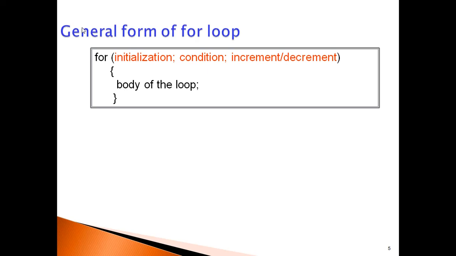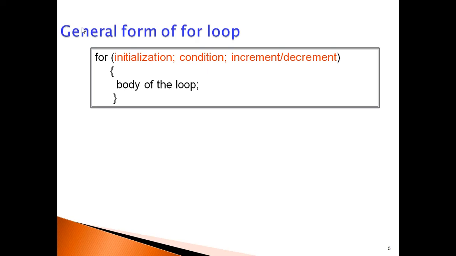That's why, in the for loop, the first statement is divided into three parts. That is the initialization: we can declare the variable here itself and initialize it. We use the condition in the second part. In the third part, we increment or decrement as per your requirement. The remaining thing is the same except the syntax. The purpose of the for loop, the execution, the concept is the same as the while loop.